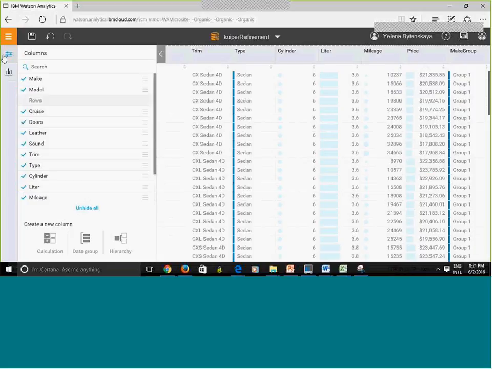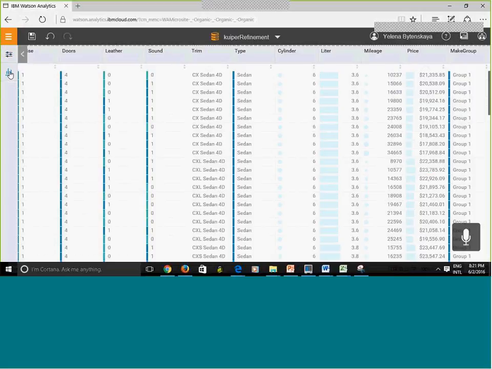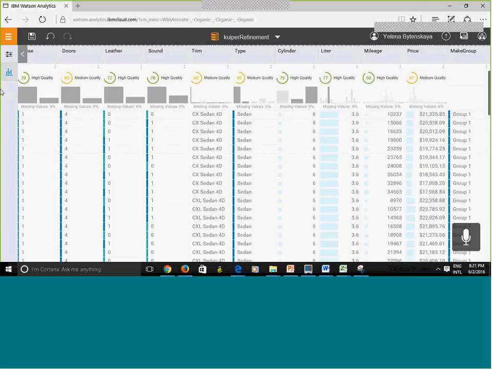Now, notice that if I click here, I see the data quality score for each column: high quality, medium quality, and whether my data has missing values and the percentage of data rows that have each value.